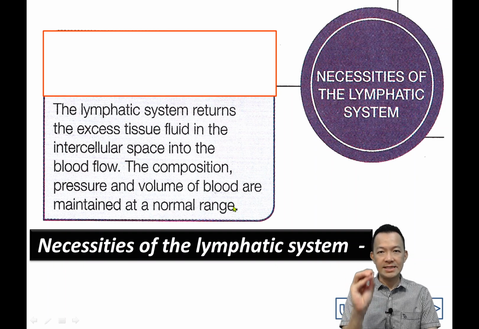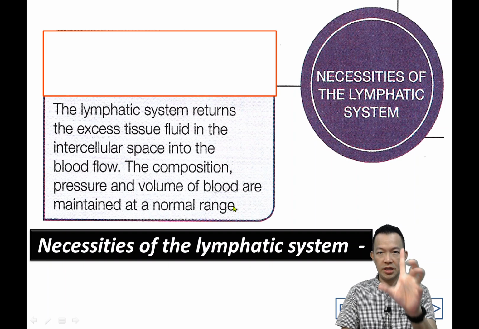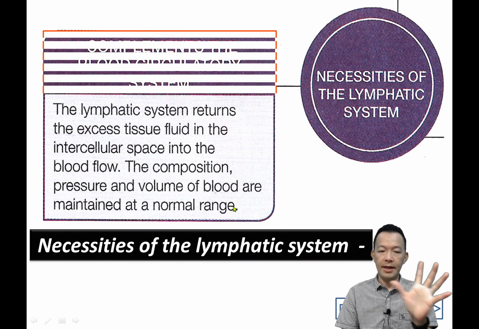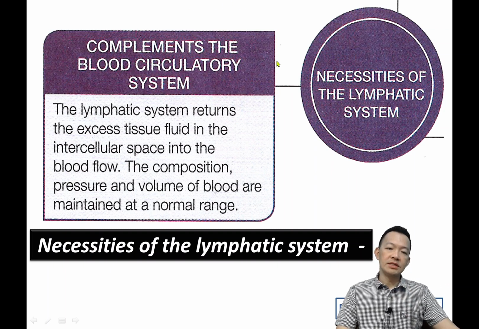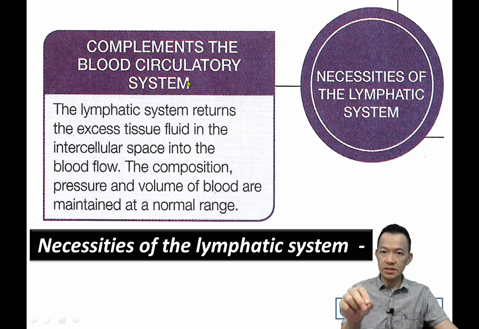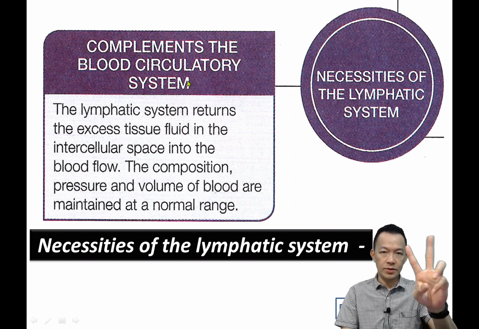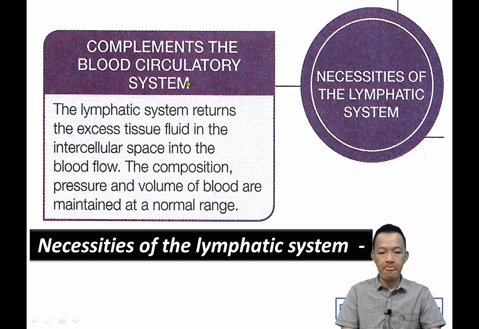Okay, so what is the necessity, what is the importance of the lymphatic system? Number 1, 第一个 point 就是 this is a complementary system for the blood circulatory system. 它让我们的血液循环系统更完整，给它 complete. Okay, so it complements the blood circulatory system. 它给我们的血液循环系统更完整，更 complete，不会不见掉一些东西。Okay, so this is number 1. 2 marks here，这边有2分。